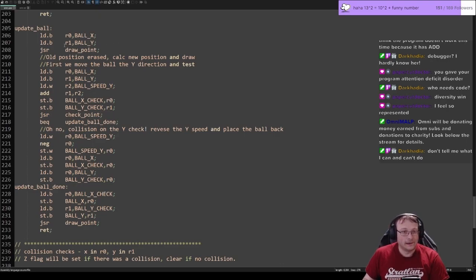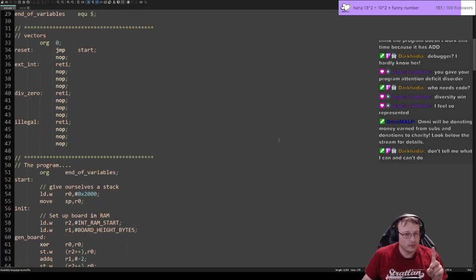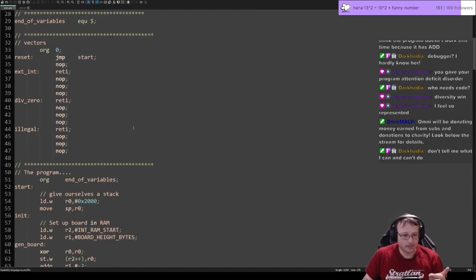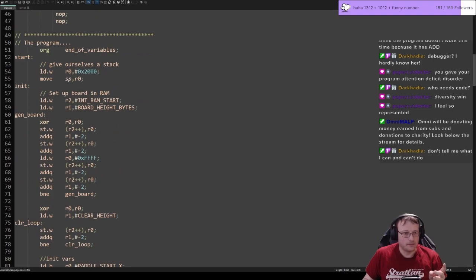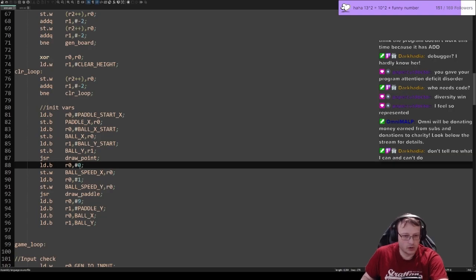So, what I am going to do, first off, instead of making the ball move up and down, we'll start it moving left and right. Let's have a look. That's here. So these should really be constants, but